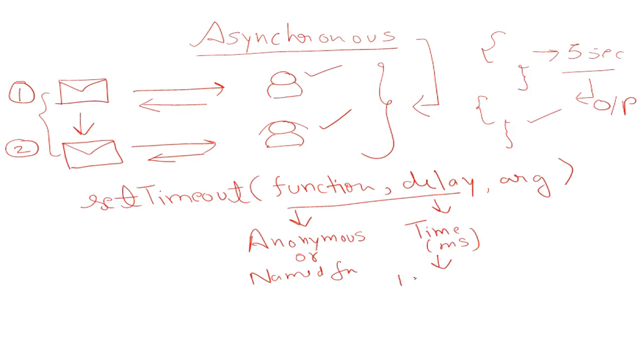Now why are we taking this time in milliseconds? Because if we have to wait for, suppose, half a second, we cannot write it as a fractional value for seconds in our coding. So what we do is convert this half second to milliseconds, which is 500 milliseconds. So these values should be in integer form. And if we want to pass any argument in setTimeout, then we use our third parameter, which is the argument. So we will use setTimeout for showing the delay of some operations during callback, promise, and async await. So let's dive into our main topic now.